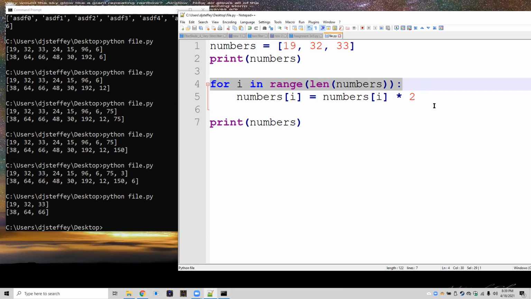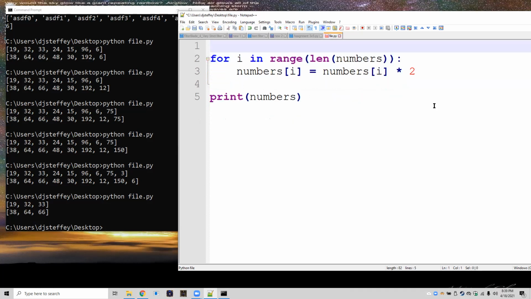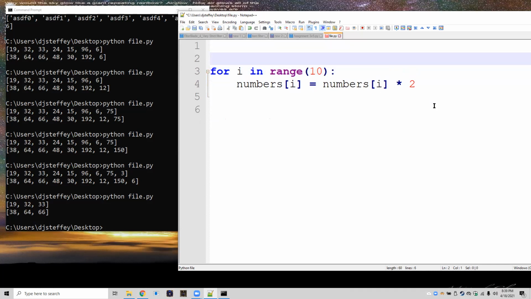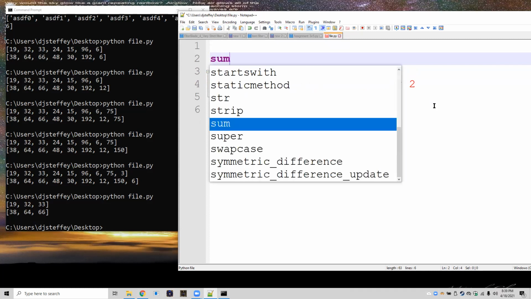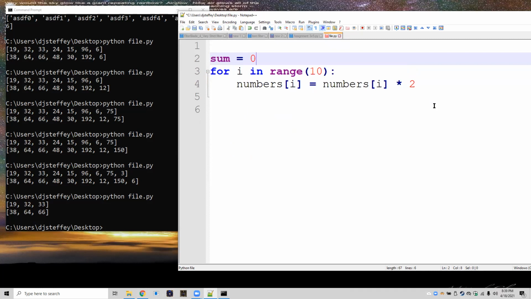I mean, it doesn't always have to be a list. Let's talk about doing some sums, right? That's another part of the content for this week, summing up some things. So my example uses a list, but we don't have to. We can do range, let's say up to 10. Let's do the sum of all numbers from 0 to 10. So let's have a variable called sum. We would do a loop